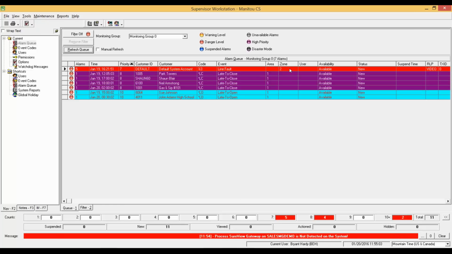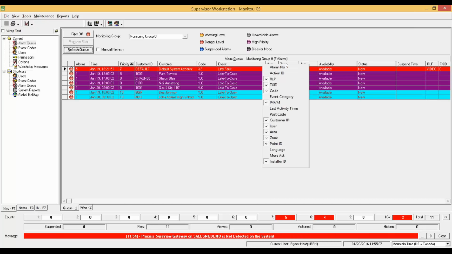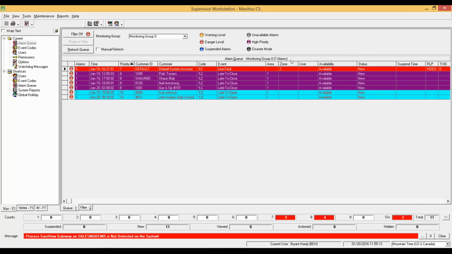Underneath this zone column here in your alarm queue, of course you can customize your alarm queue to show what items you want to show, select or deselect here in the item, but I have the zone view here as well. So that type code number, that 10,035, when I get that alarm progress problem event, since it is a system alarm, I'll get a *Z, but the zone number will be 10,035, which gives me now the flexibility,